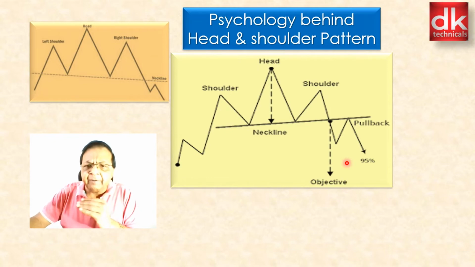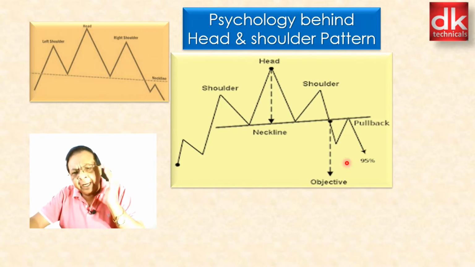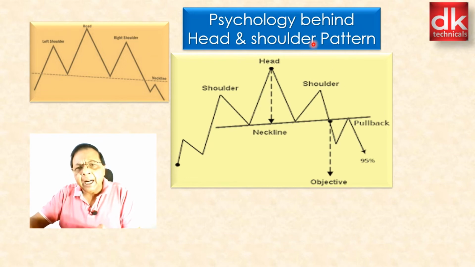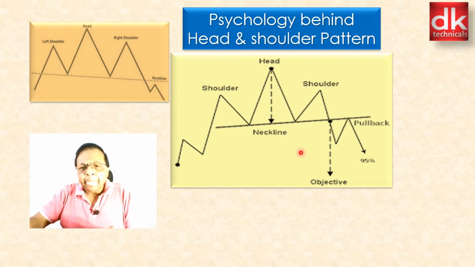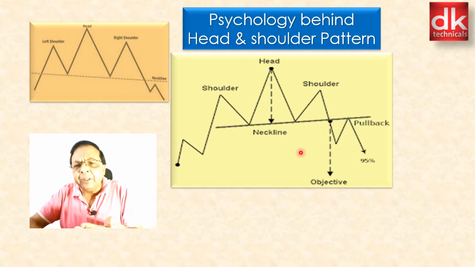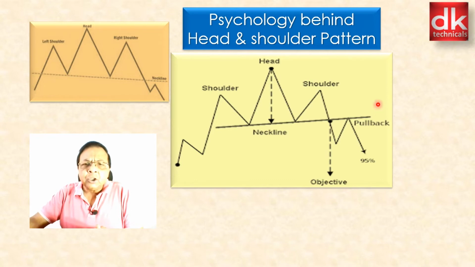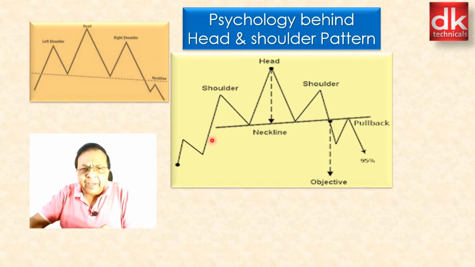So this is very, very important and significant to understand the psychology behind the formation of head and shoulder, where in this phase the buyers were dominating, and now the moment this breakdown takes place, it indicates that sellers are dominating over the buyers. So we should be making friendship with the trend, to remain on the side of the prevailing trend. In this particular phase, we'll always try to find an opportunity to short the market. And in this phase, we'll always find an opportunity to long the market.